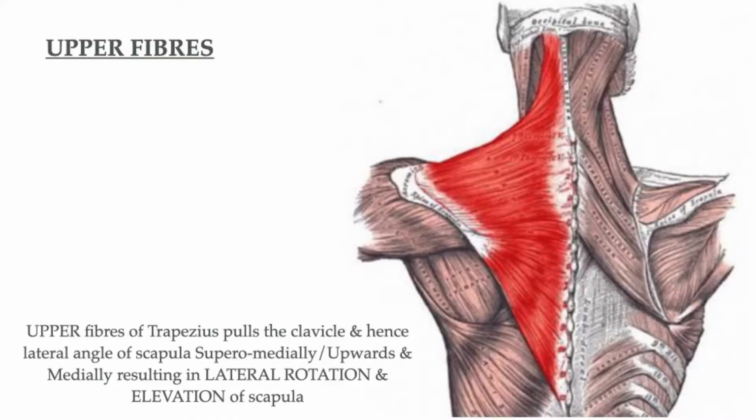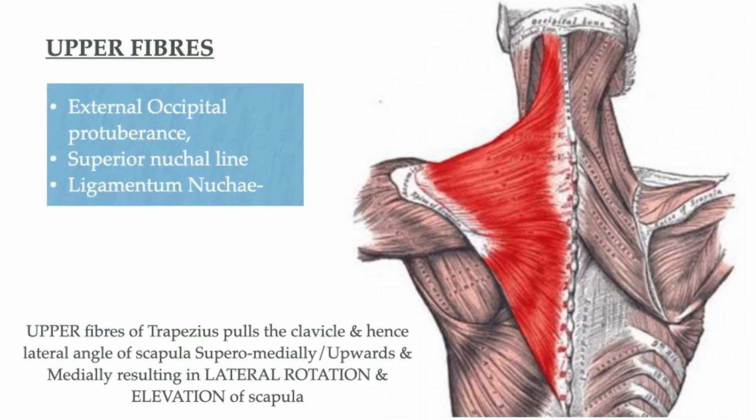Now let us talk about the actions of trapezius. In order to understand the biomechanics behind the action of the three types of fibers of trapezius, that is upper, middle and lower fibers of trapezius, we need to keep in mind three facts. Firstly, the upper fibers of trapezius originate at a higher level compared to the site of insertion.